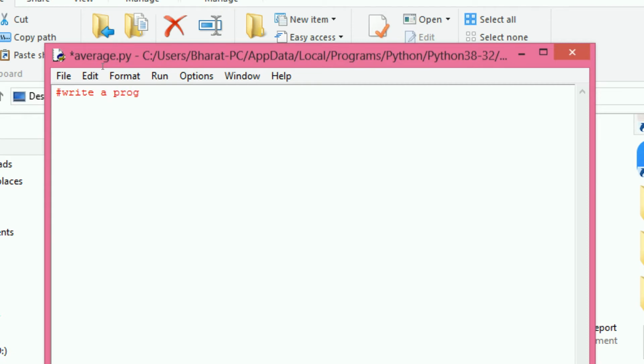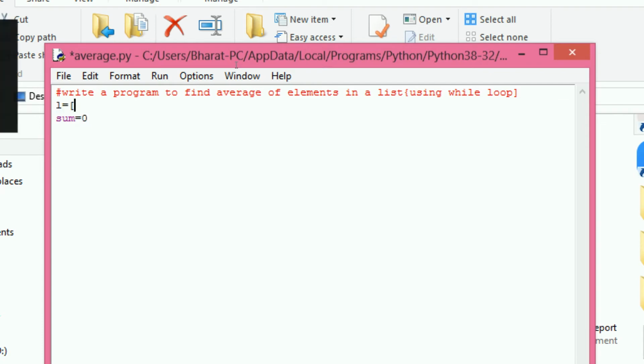Now we are going to write one program regarding printing the average. Write a program to find the average of elements in a list, using a while loop. I am taking sum equals 0 initially, and I take the list equals 10, 30, 20, 50, 40.